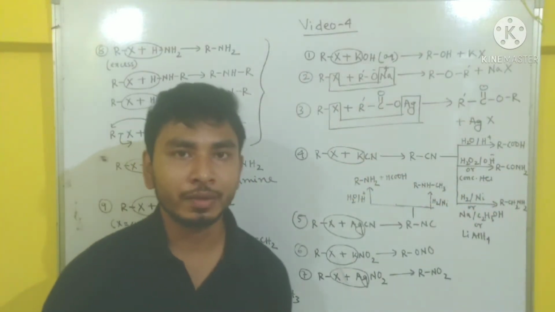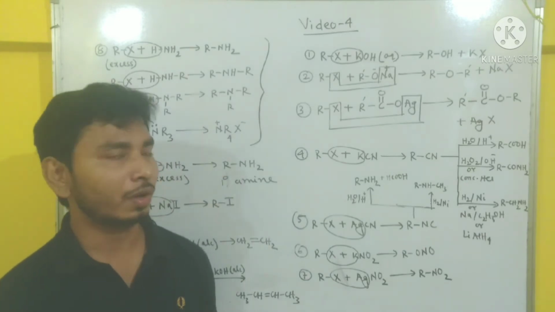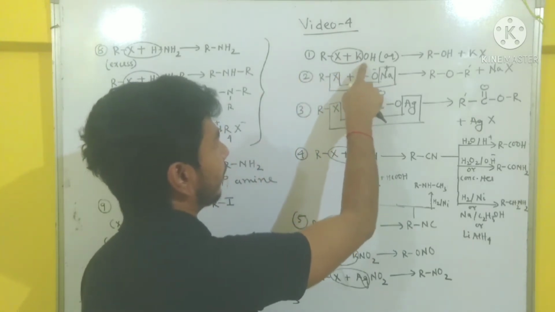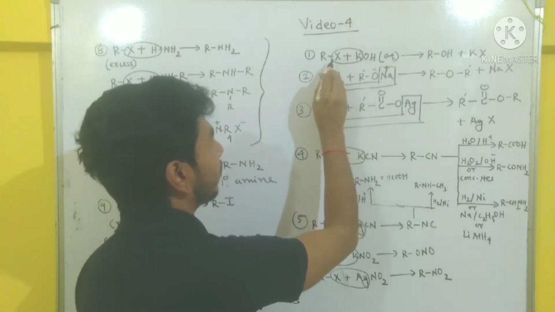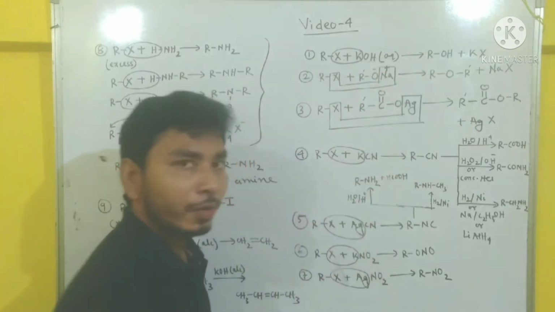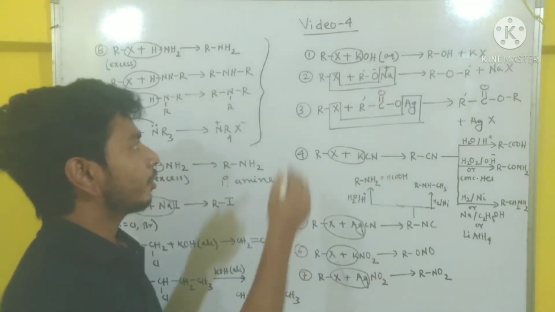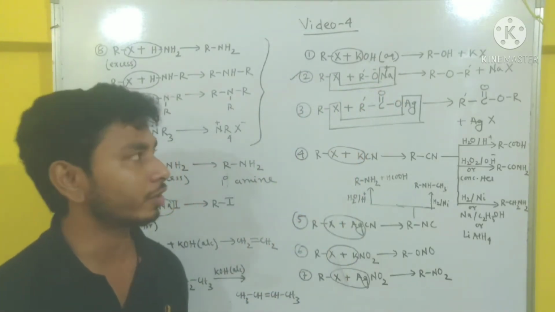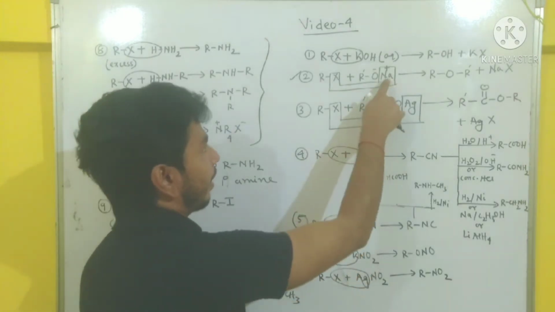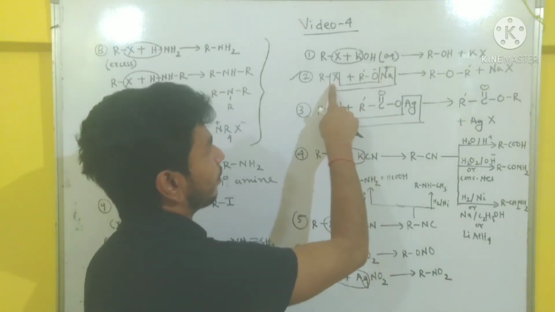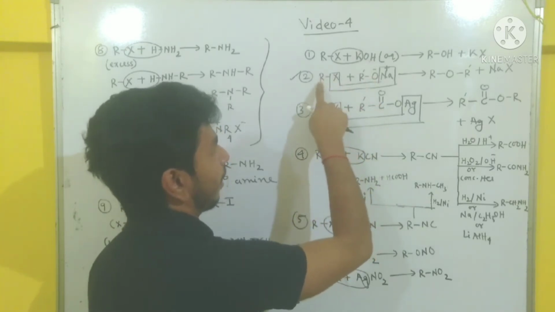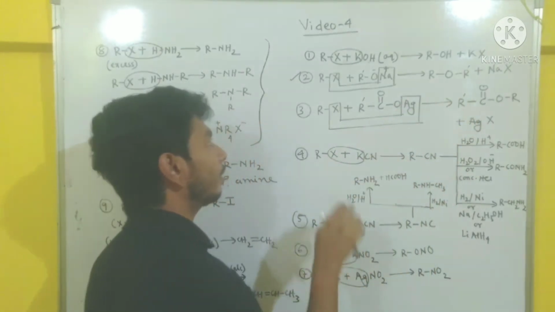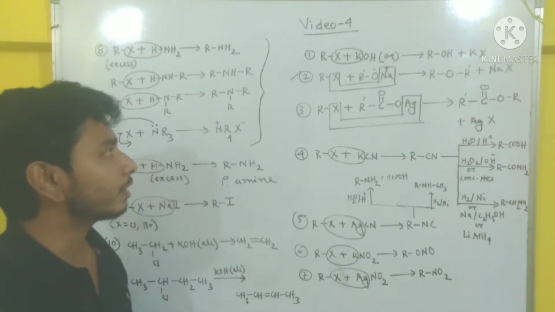So it is the summary of the reactions of the haloalkane. All the reactions are written here. First reaction, the reaction with aqueous KOH: KX is removed, so R and OH, we are getting ROH, the alcohol. Second reaction is the reaction with sodium alkoxide. This reaction is called Williamson's reaction. NaX is removed, so R'OR, we can also write ROR'. So it is called Williamson's ether synthesis.